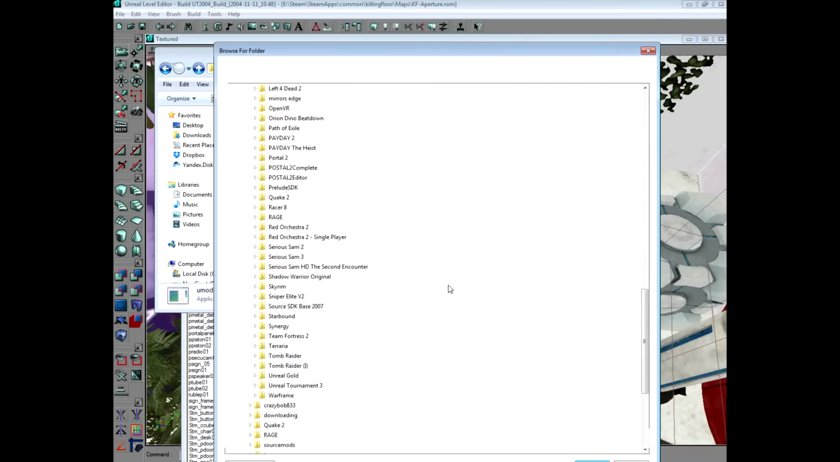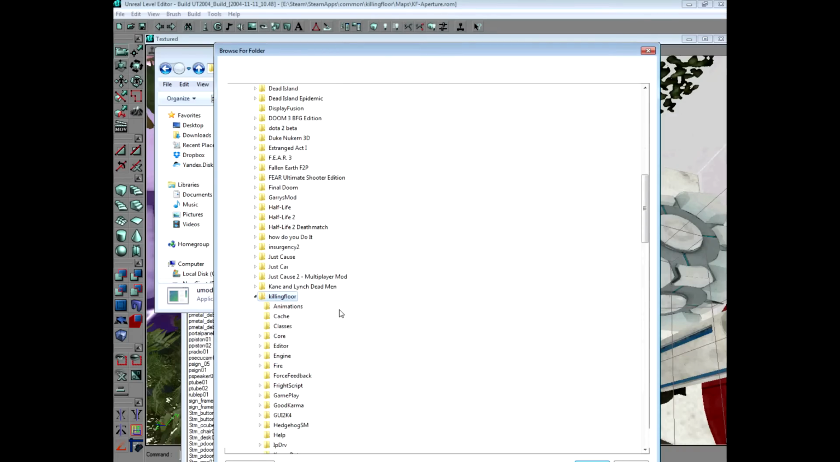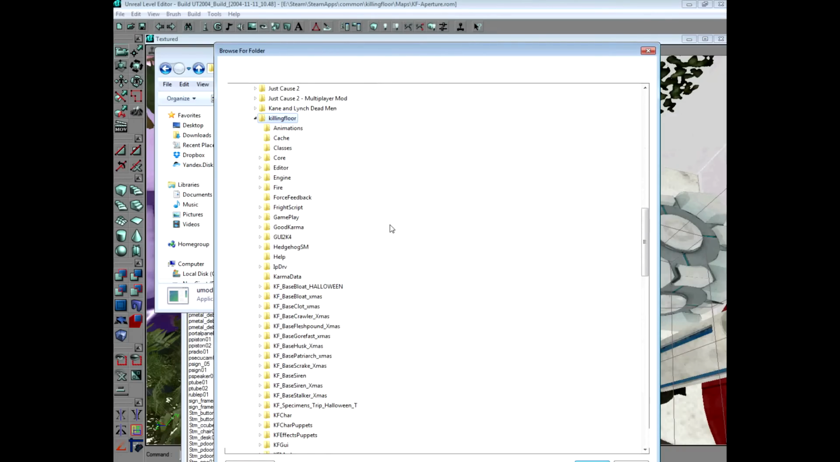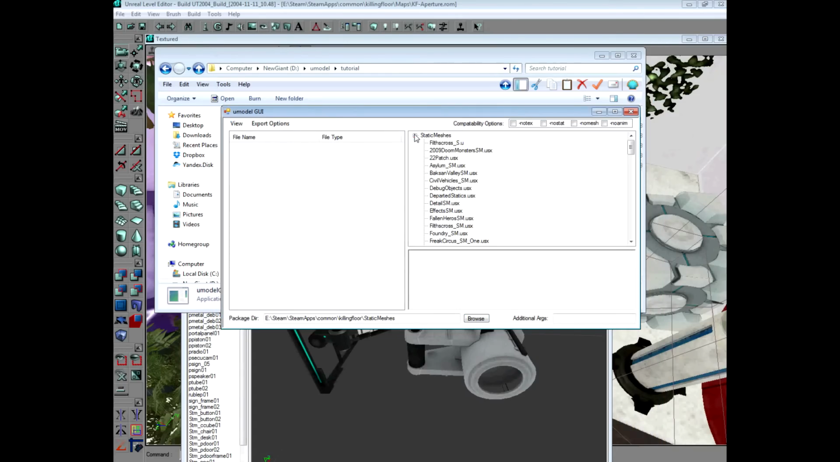I don't know in any case where it won't be, unless it's a very specific thing to a specific game. This will not work the same for Killing Floor 2, because Killing Floor 2 is Unreal Engine 3. But okay, static meshes. So we're going to browse this folder, go in here, and we're looking for